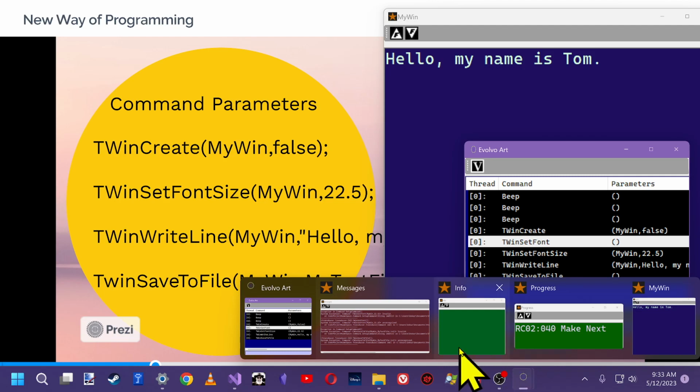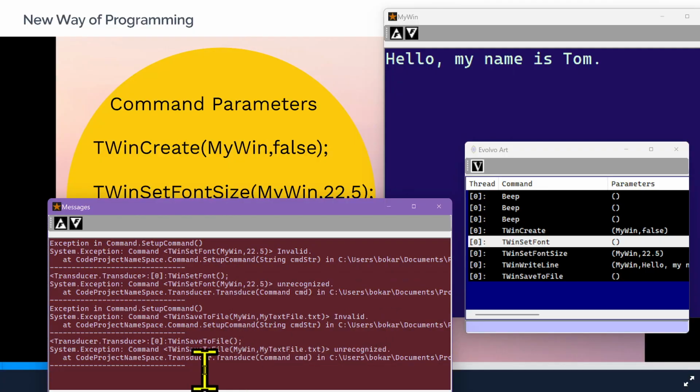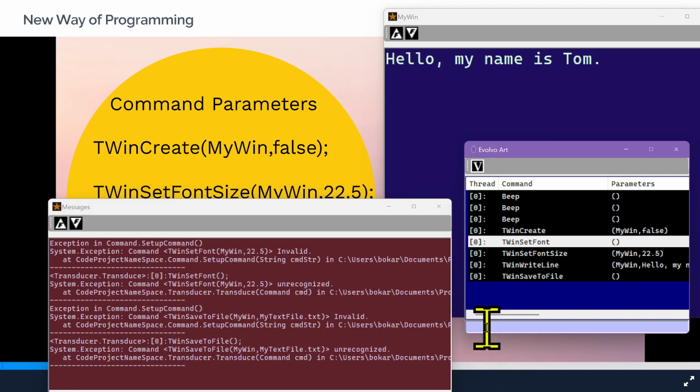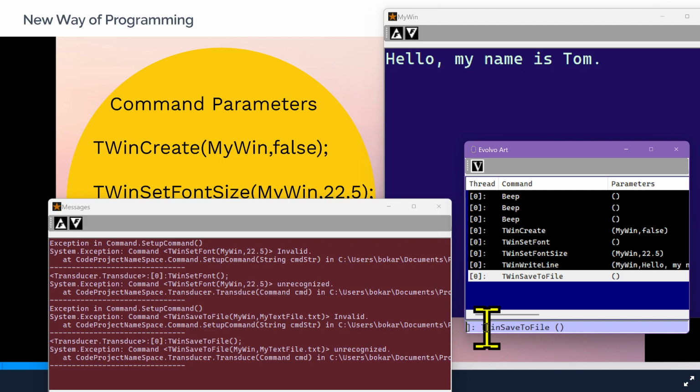So let's go look at the error messages. Okay, so maybe I've got a little typo in the program, and maybe it is a lowercase w, because it's saying that the command is unrecognized. And so let's try this again, but with a lowercase w, and I'm going to get rid of that stuff, and I will explain that in just a minute. I've got to go fix it and put in a capital W,